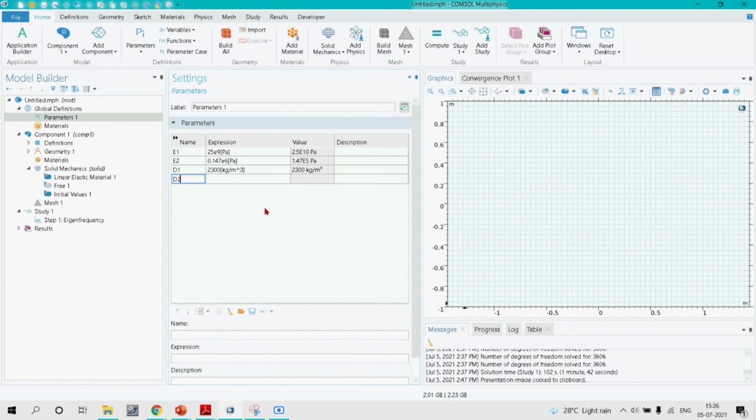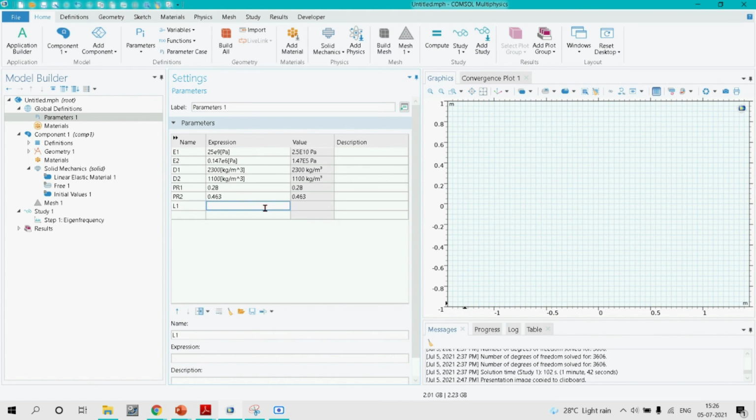Moving on to rubber, the density of rubber would be 1100 kg per meter cube. And then the Poisson's ratio, I'm naming it PR1 for concrete, it will be 0.28, and PR2 for rubber, 0.463.